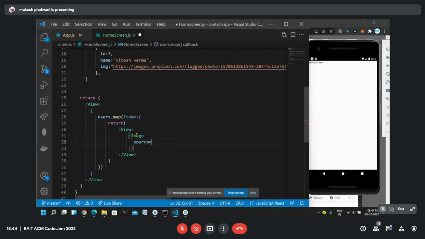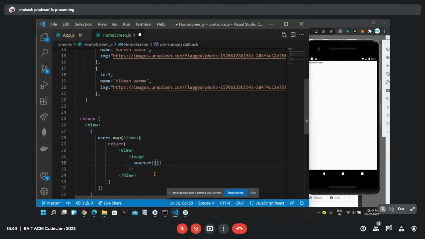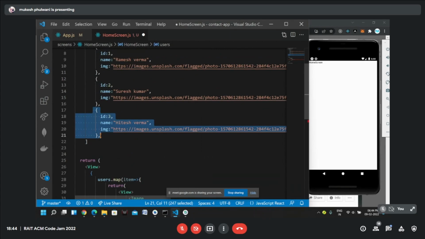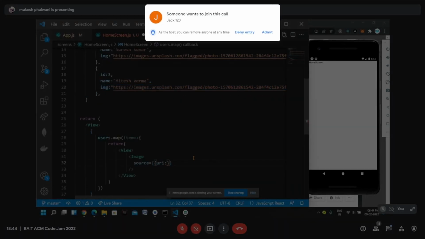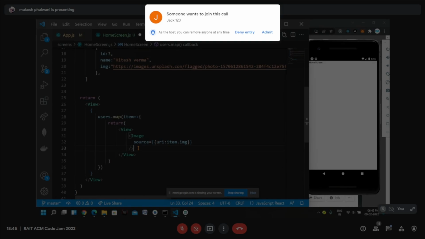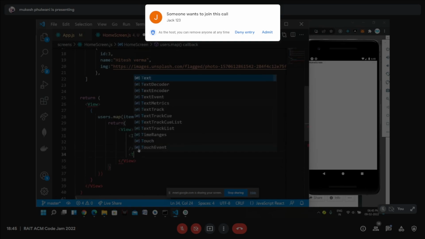This is an online image, so source takes an object, and inside that object we will have a property uri, and the value of that will be, in each individual item we have an image property. From item we can access image, img, like so.